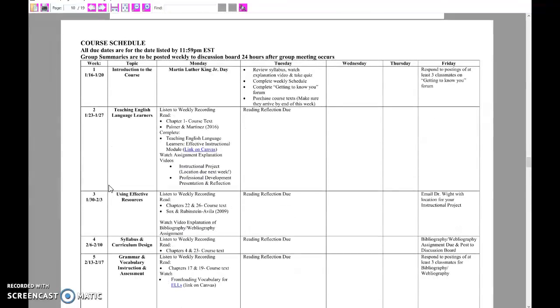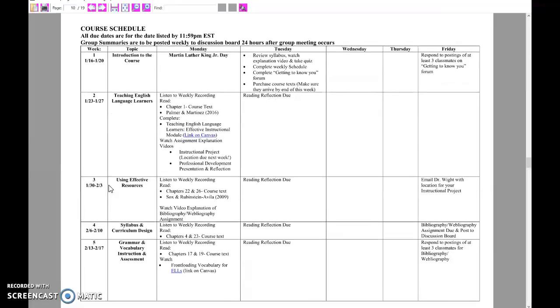Here's our course schedule, which is also reflected on the Canvas calendar website. This one's a little bit more detailed, so I still recommend that you print it off. Same format as 548. All of our readings are generally due on Mondays, but I would aim for the weekend to get those done. Your reading reflections are always due on Tuesdays at 11:59 p.m., and your bigger projects are always due on Fridays.